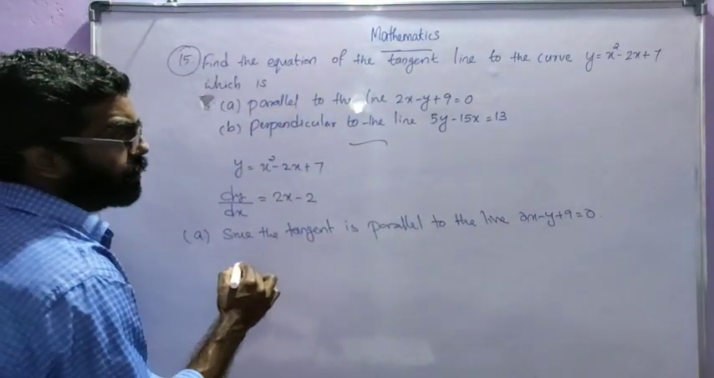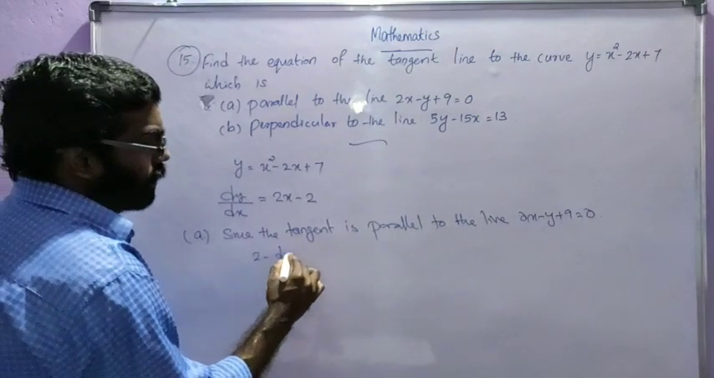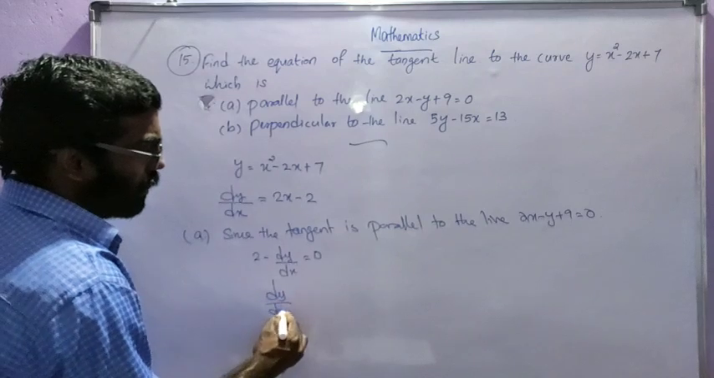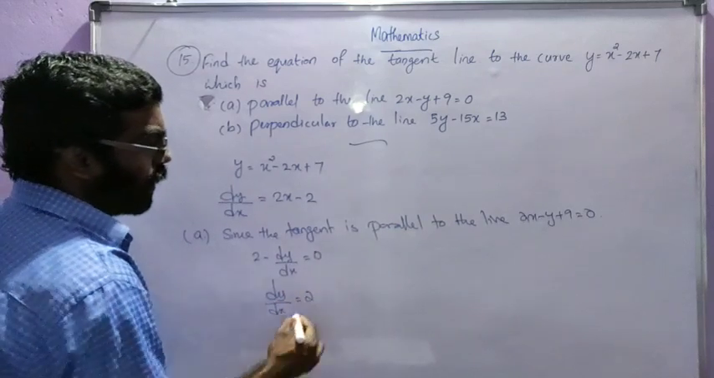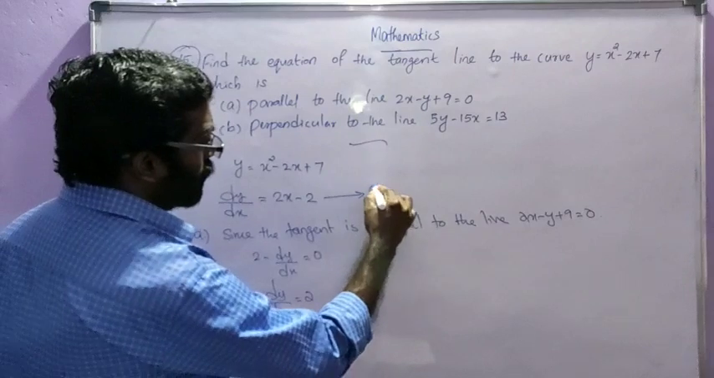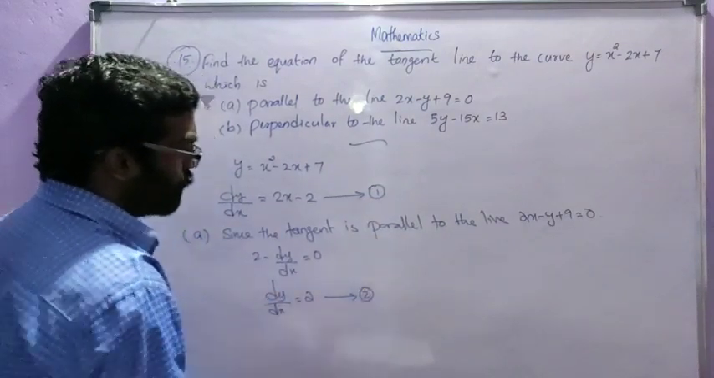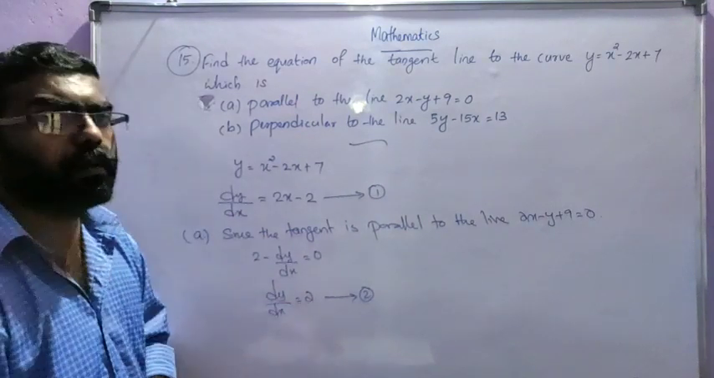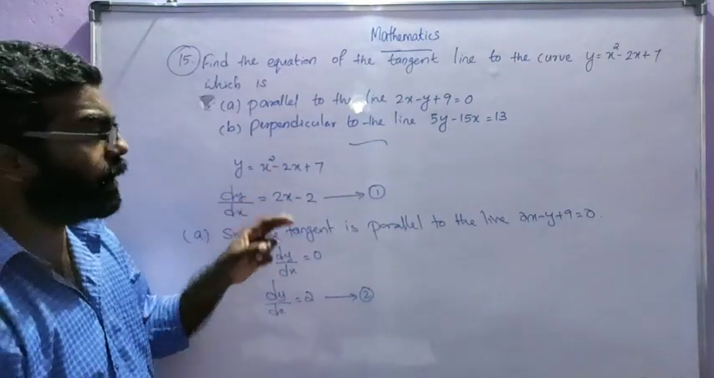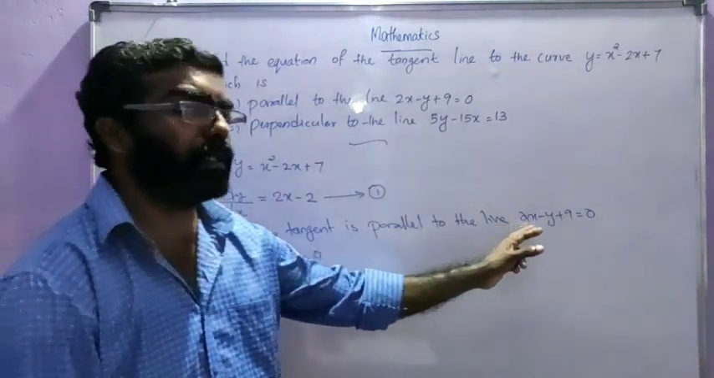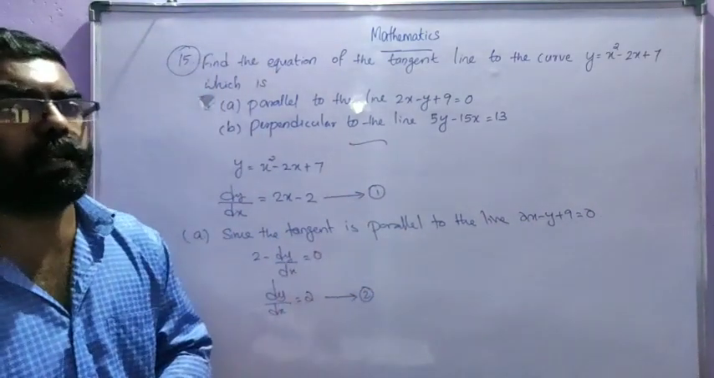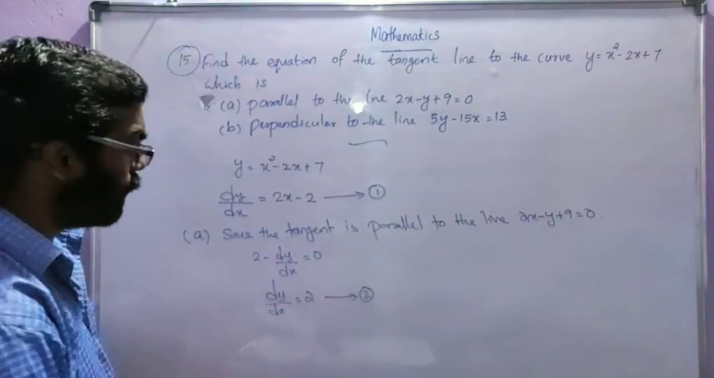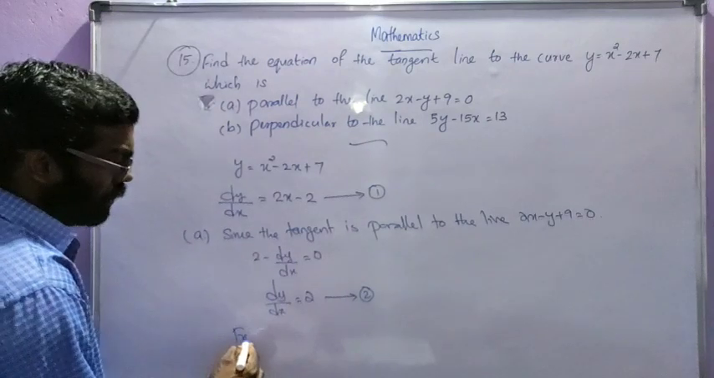So from this line we can find the slope. Differentiate with respect to x. So 2 minus dy by dx is equal to 0, or dy by dx is equal to 2. Okay, here take it as equation 1, this one equation 2. So according to the given condition, these two values are equal. Slope of the tangent line is equal to slope of this line because the two lines are parallel. Parallel means m1 equal to m2. Slopes are equal. So from 1 and 2